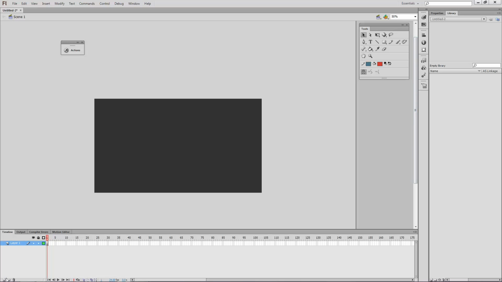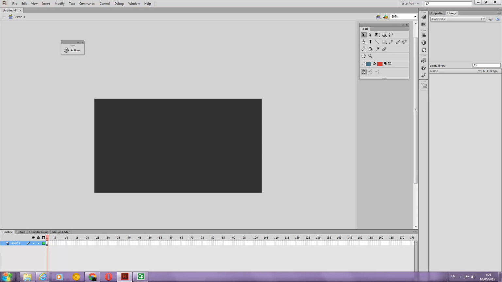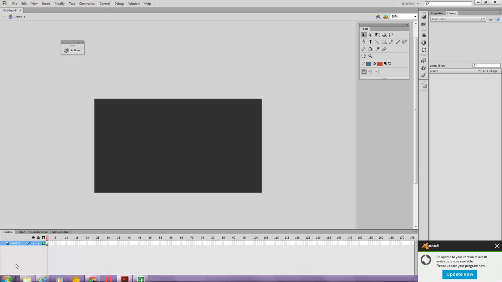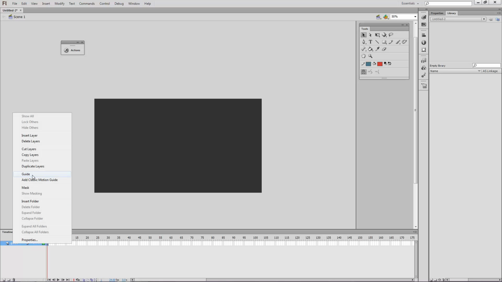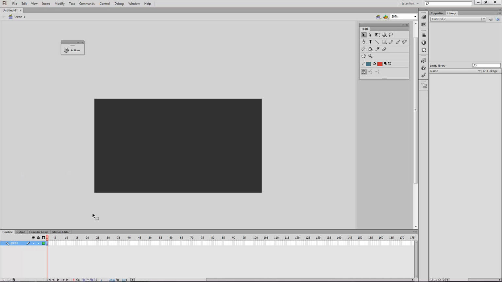We can have as many layers as we want, and you also have folders so you can group layers together. The basic rules are that if you're animating something, then it would be one layer per animation. Okay, so this layer, the first layer I'm going to have, is just going to be my guide layer really, which I'll right click and turn into a guide to start off with,